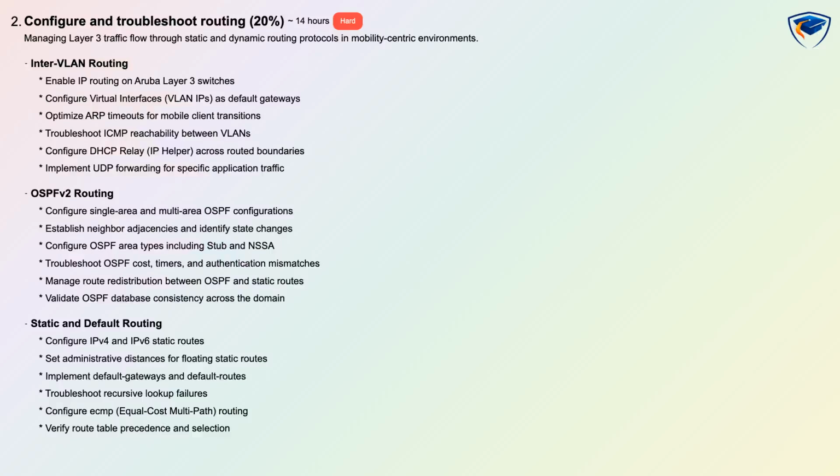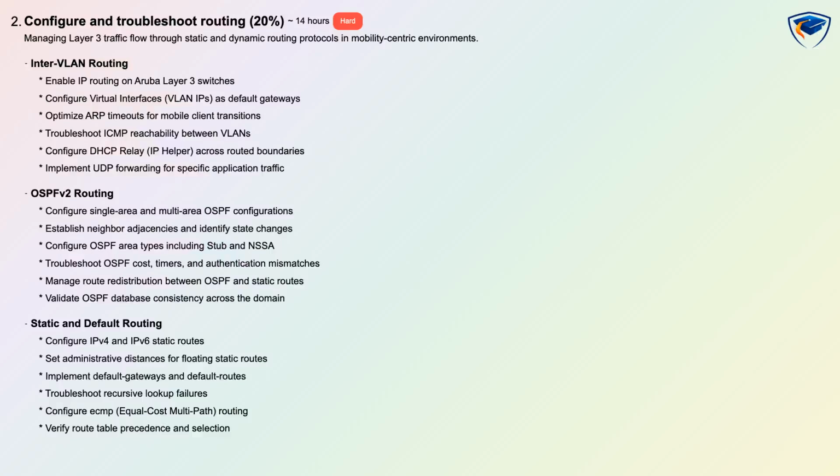The routing topics include OSPFv2 with single area and multi-area configurations, neighbor adjacency troubleshooting, area types such as stub and NSSA, and route redistribution and database validation. You will also master static and default routing for IPv4 and IPv6, administrative distances for floating routes, ECMP configuration, and